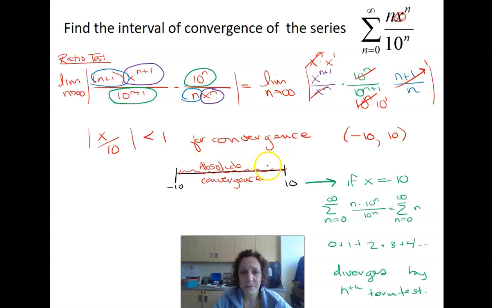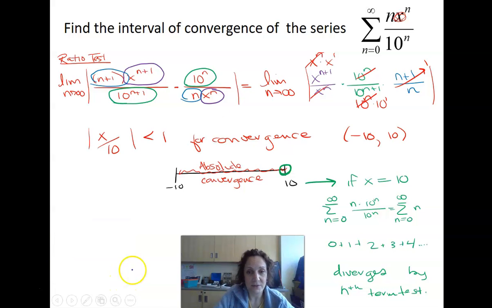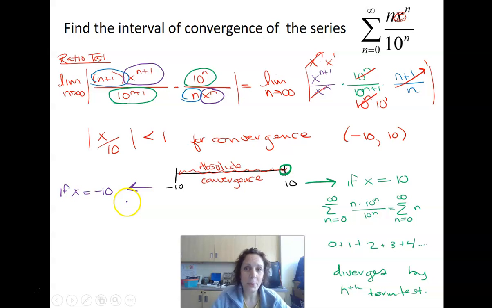So up here, 10, that has to stay open. I can't use that. If you put a 10 in, it's going to diverge. All right, let's go over here and see what happens with negative 10. Okay, now, if I put in a negative 10,